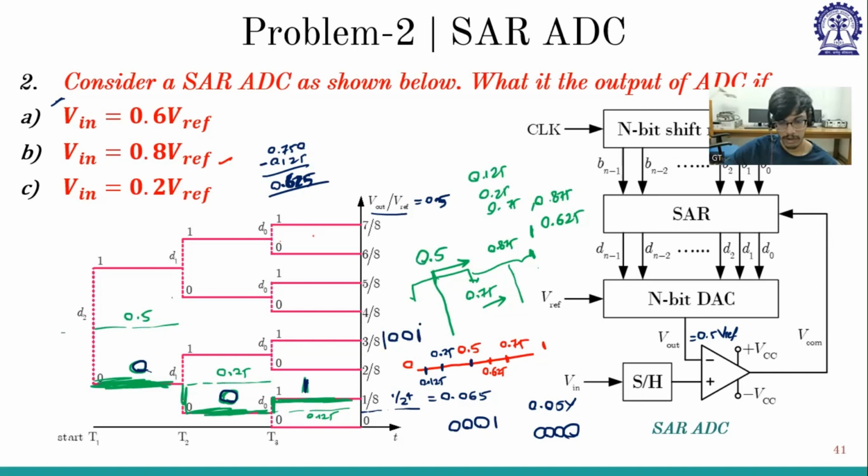This is my final. Here, in all these cases, V reference is very much greater than V in, right? V in is less than or equal to V reference. So the maximum input voltage is V reference. So V in is always a fraction of V reference. If it is the reverse, if V in is greater than V reference, if you have considered,